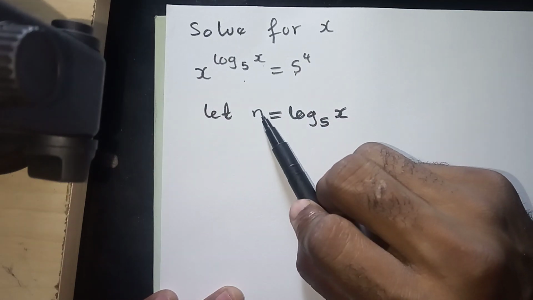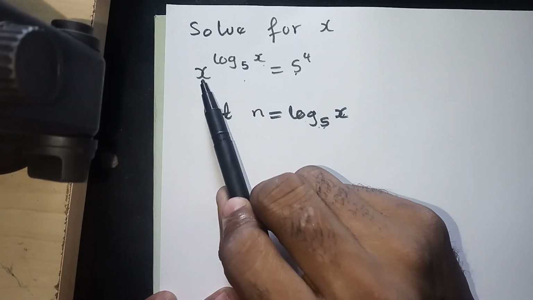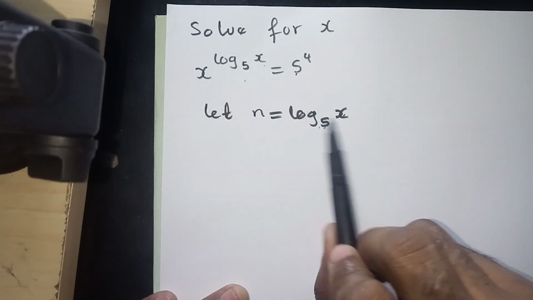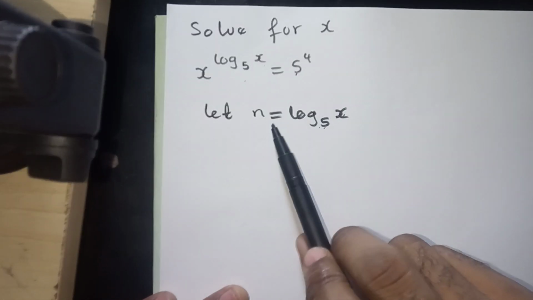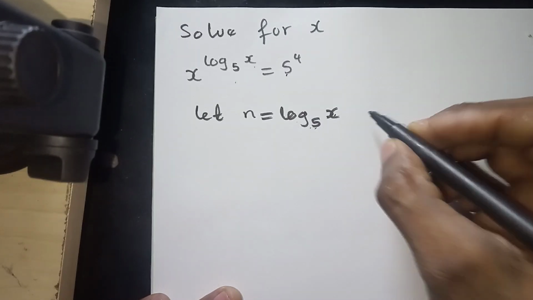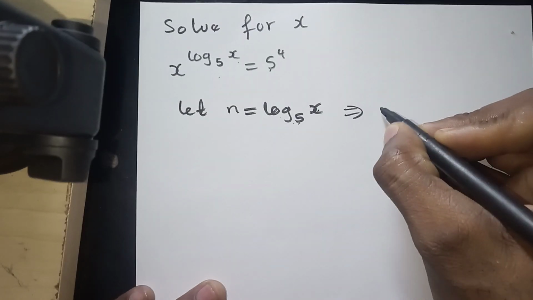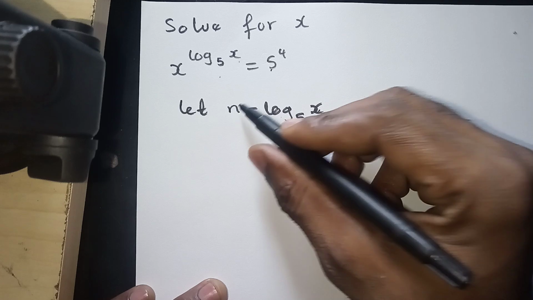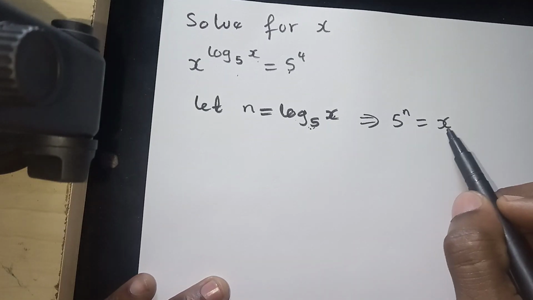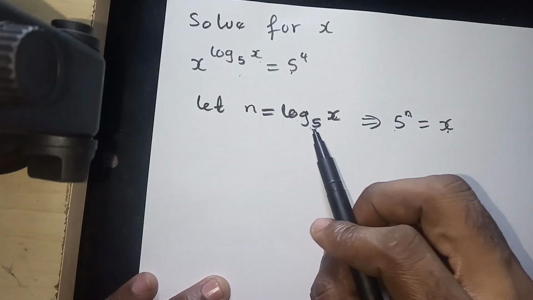Once you let n be log 5 of x, you have to get rid of this x as well. To do that, you can simply make x the subject of the formula from here. When you let this be the value of n, expressing this in exponential form, you have 5 to the power n is equal to x. So that means x is equal to 5 to the power n, and then n is equal to log 5